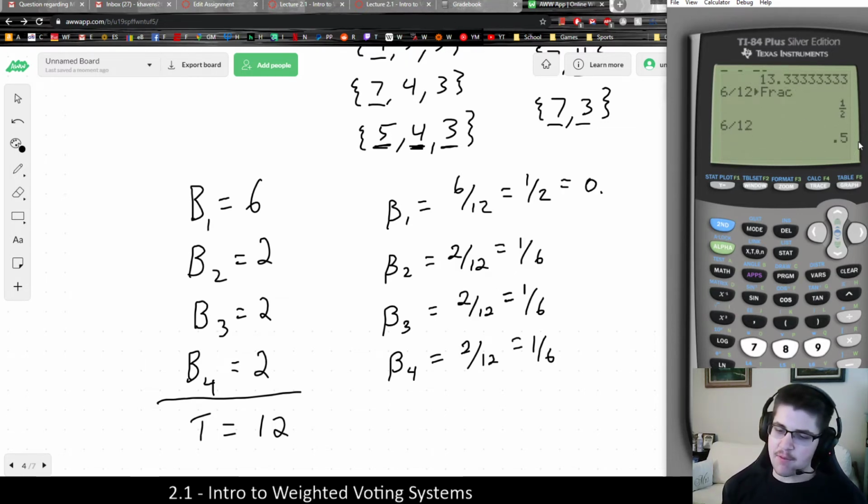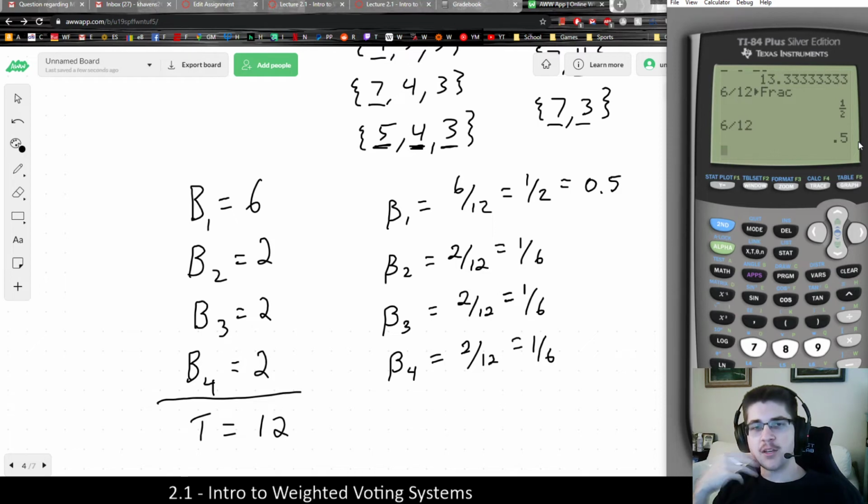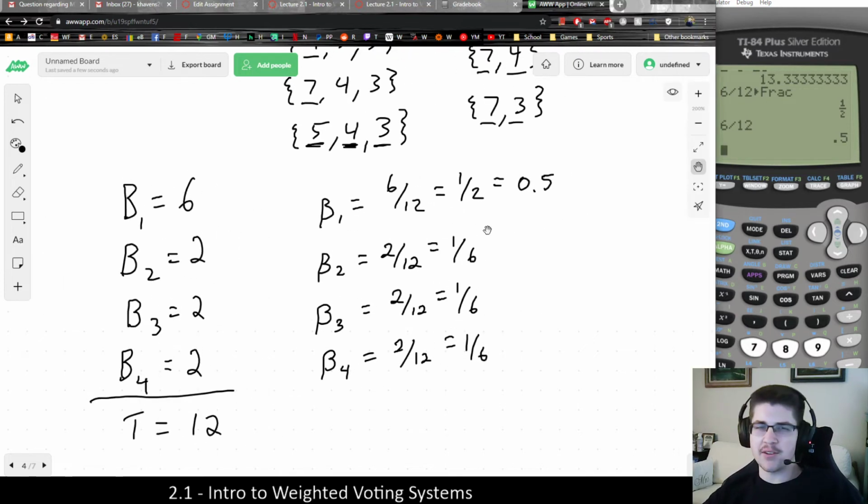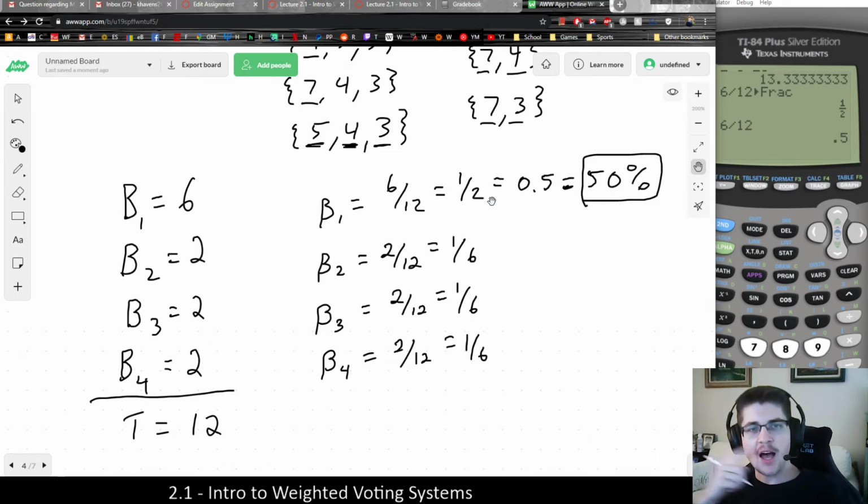And typically I prefer percentages because, as we saw with the European Union, it had them listed as percentages. Most people understand percentages, and not everybody understands fractions as well. So in this case, it would be 50%, of course, which is equal to 1/2. But you can always take your decimal value from the division and move that decimal spot twice to get the percentage. And then with 1/6, that's going to be